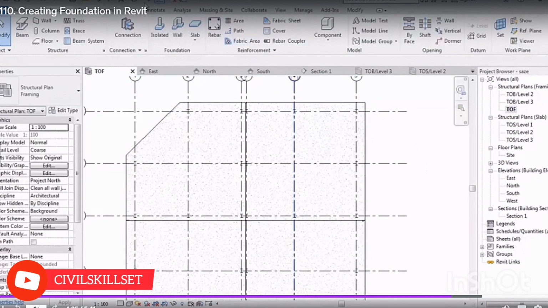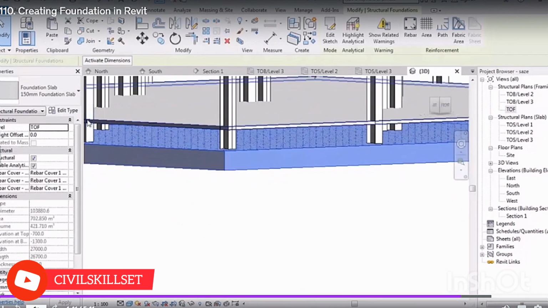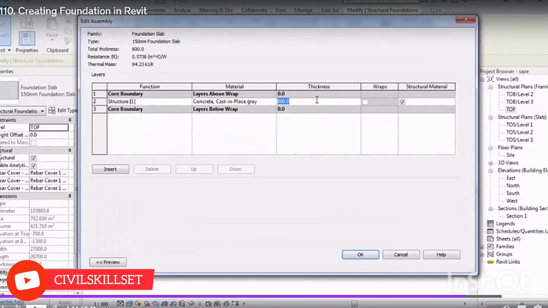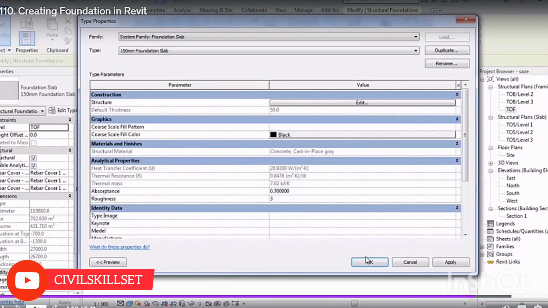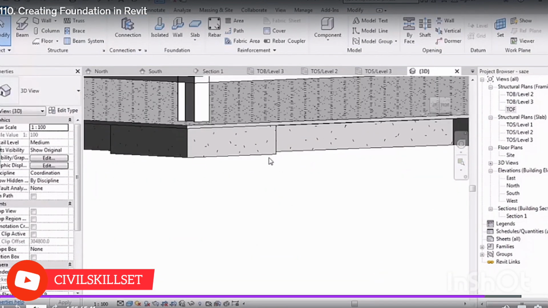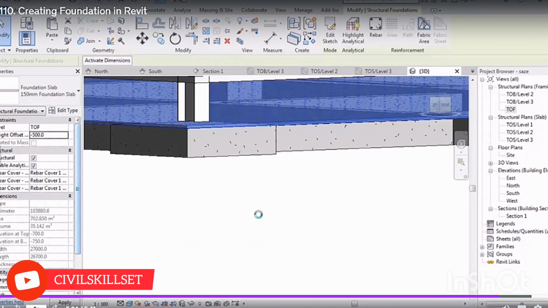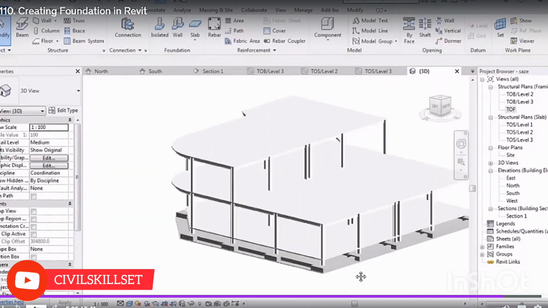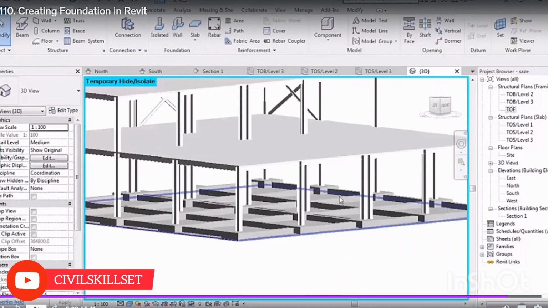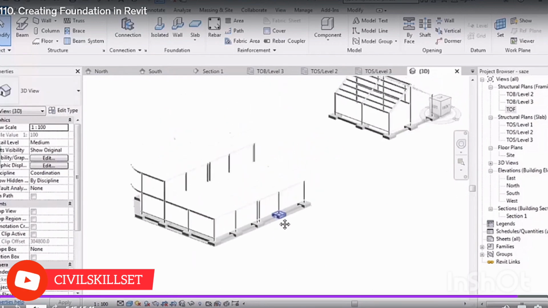Okay, don't be afraid of unjoin, alright? This part is wrong. I'll fix the thickness too. For example, 5 centimeters. Now we've got to fix the place of it. It should be beneath it. I select it, 50 centimeters, but minus. Just like this. Now if I delete this, you can see it better. So easily you can model the structure